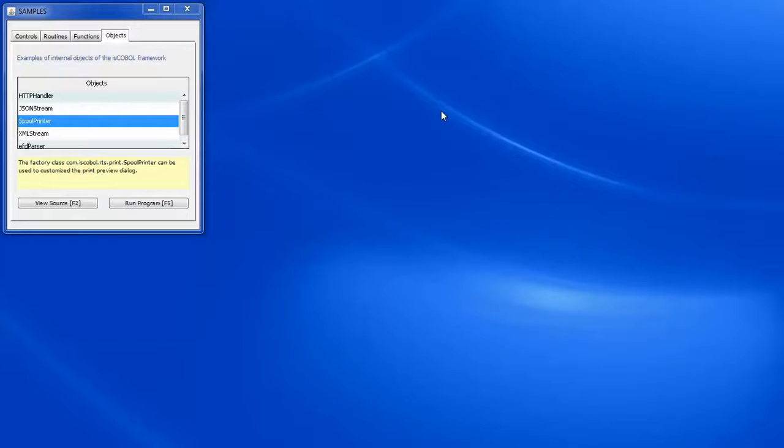Hello, today's tutorial is to show you how to use the isCOBOL object SpoolPrinter to set up the options to the preview function of isCOBOL. This is using isCOBOL 2014 R1. Let me use the samples window of isCOBOL Objects tab